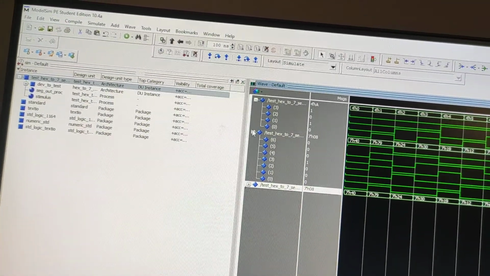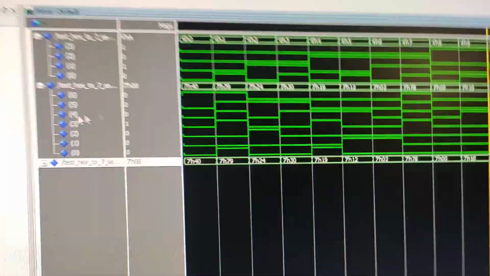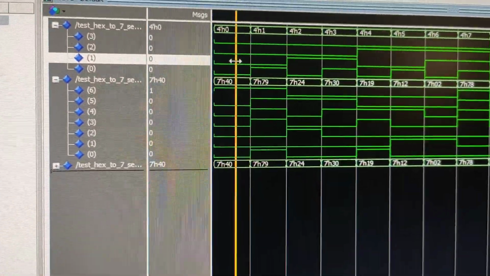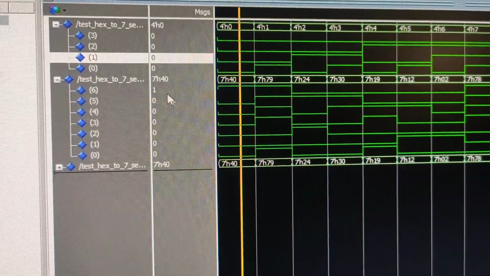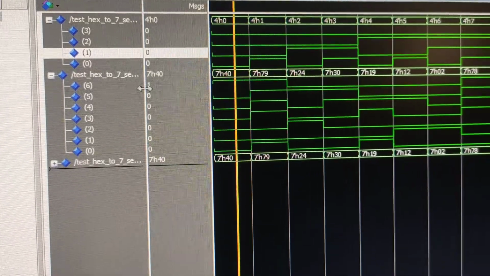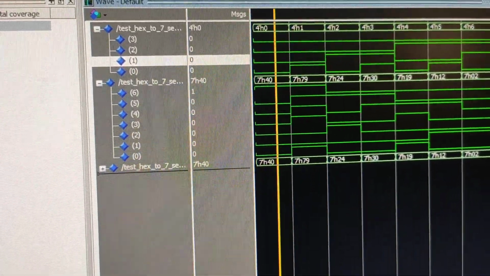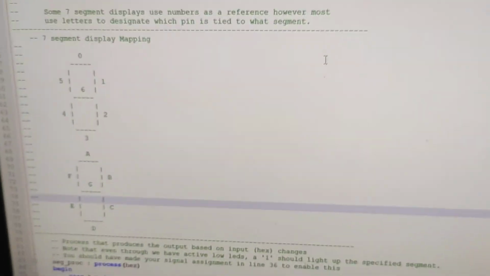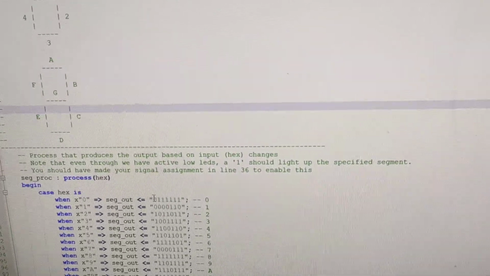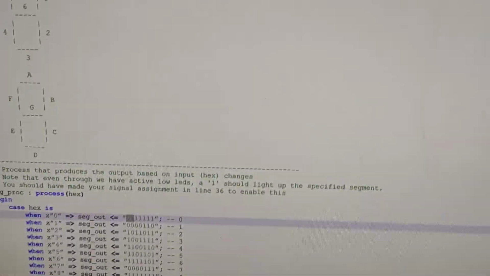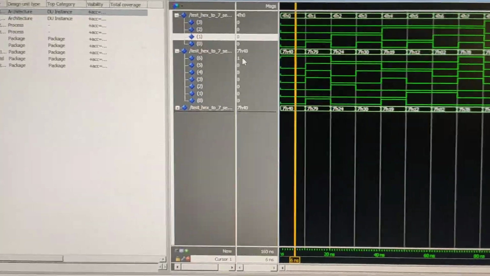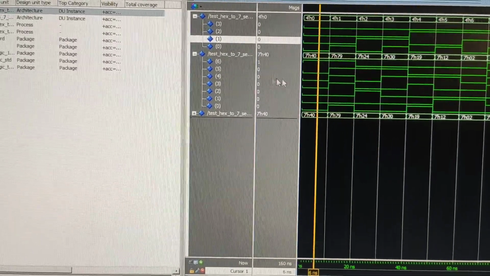Let's expand it and we will get to see. These are my inputs and these are my outputs. For 0000 we see only one bit is active high, because, as I already mentioned, we have used the not signal for it, so it's active low and it's taking care of that internally. It's negating this, so we get 1 then 000 for 0. Only one 1 here and the rest are 0.